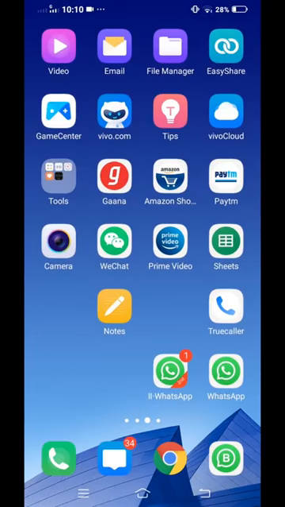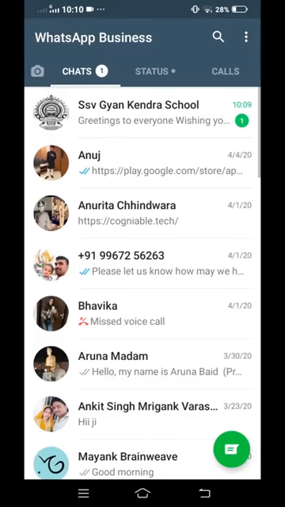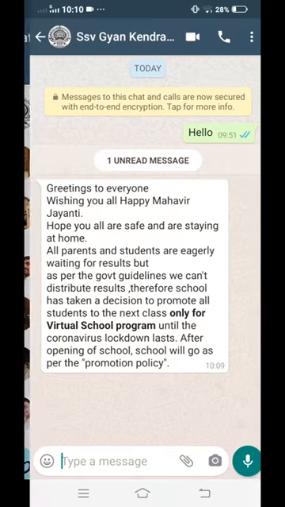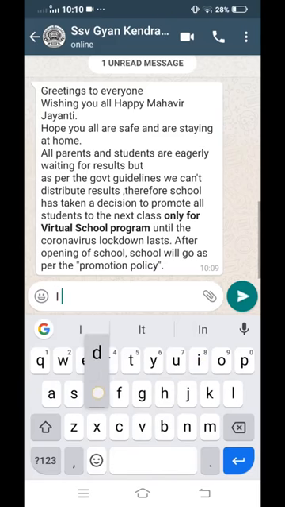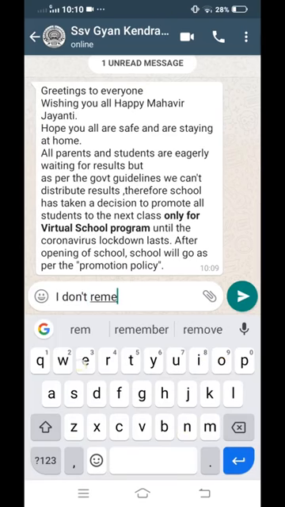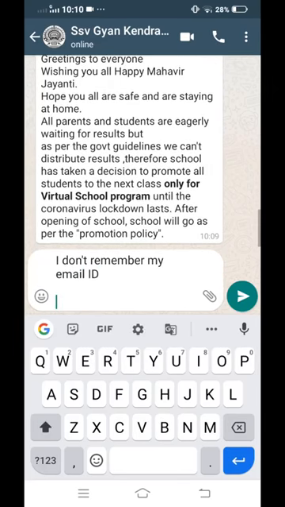If you don't remember your official school email ID, then just go on WhatsApp and on the official SSV Gyan Kendra school WhatsApp number, just type: I don't remember my email ID.